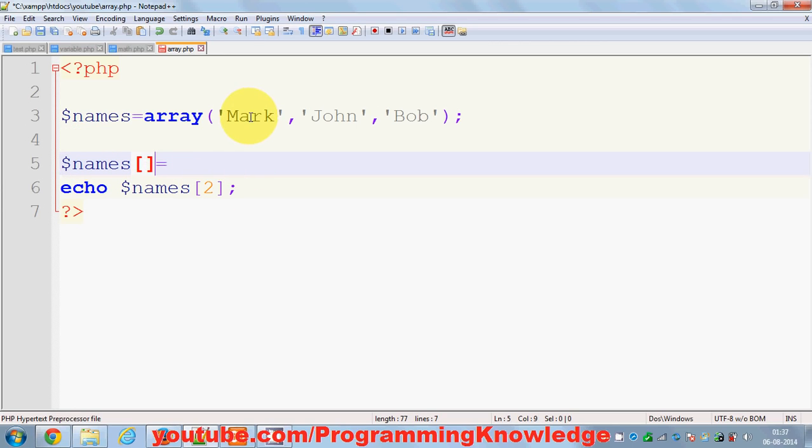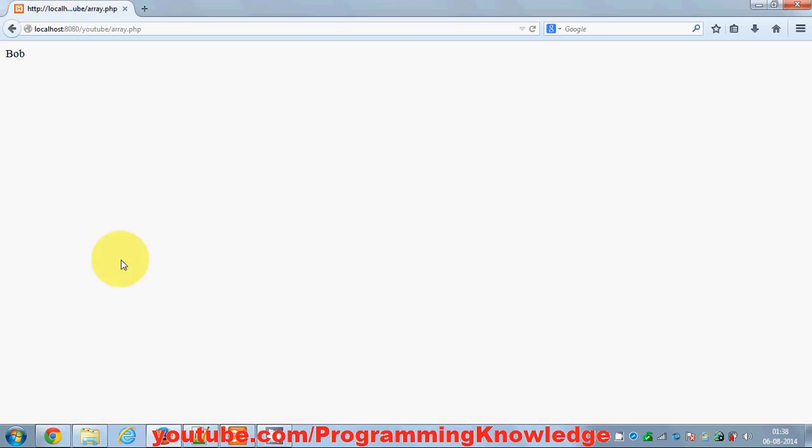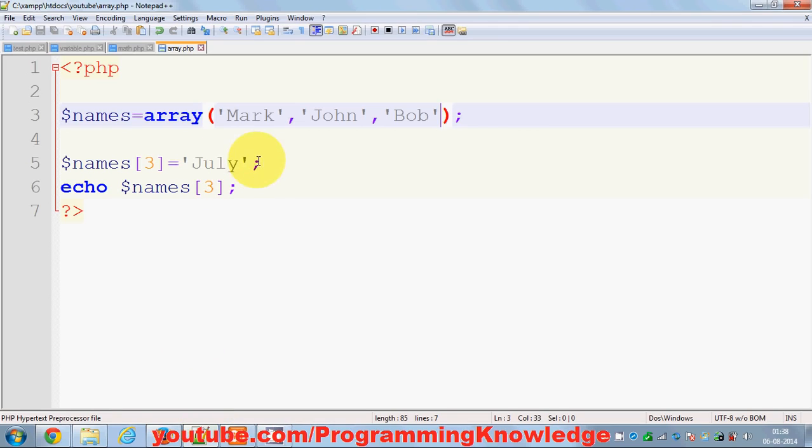So we have 0, 1, 2, members till key 2, right? You can add the third key, and you can add some random name, for example, and then you can print this here, right? What this code is doing is adding Julie to this array. I will save this and refresh, and you can see our array now contains Julie also,